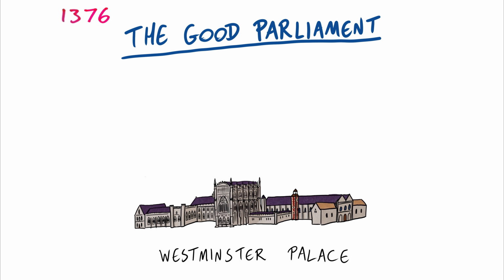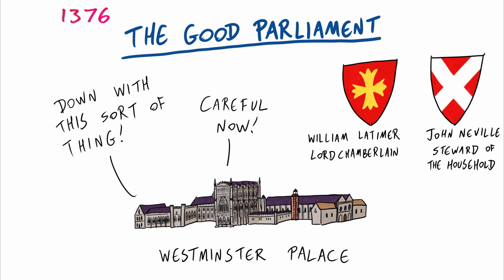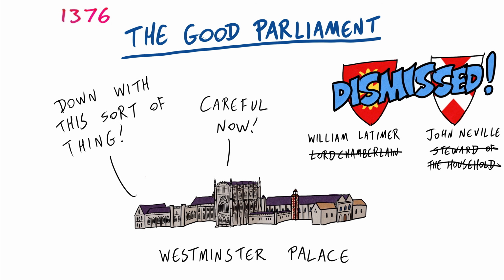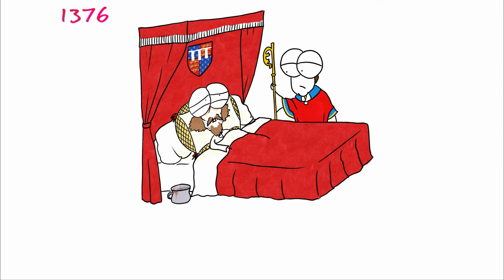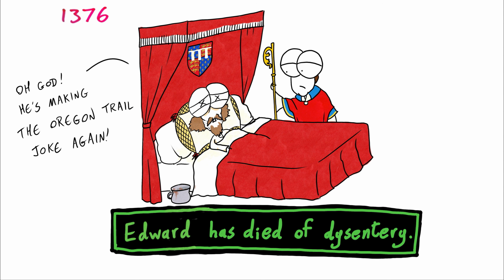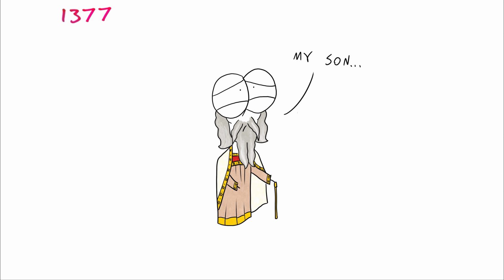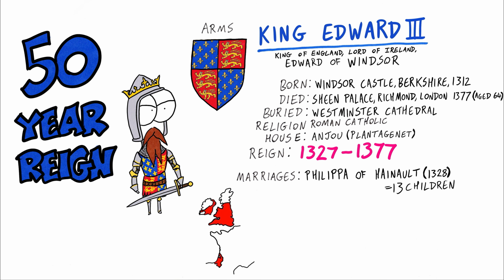The House of Commons made progress in power, complaining about corruption and having certain of the king's higher-ups expelled, including Edward's mistress Alice Perrers. That same year, Edward the Black Prince had fallen ill and died of dysentery at the age of 45. At this time, his father, the king, became ill and would die of a stroke less than a year later, ending a long 50-year reign.